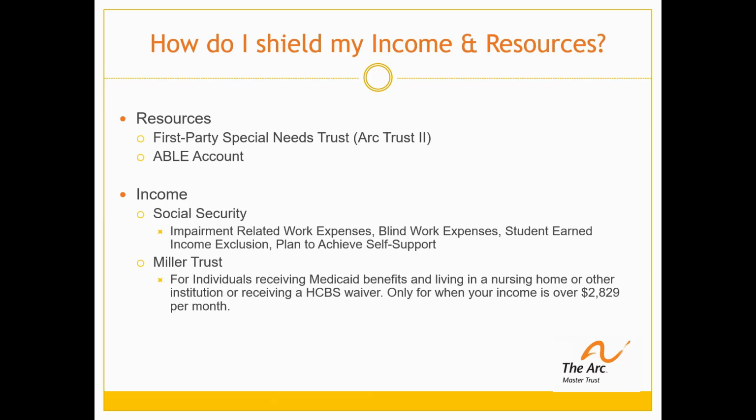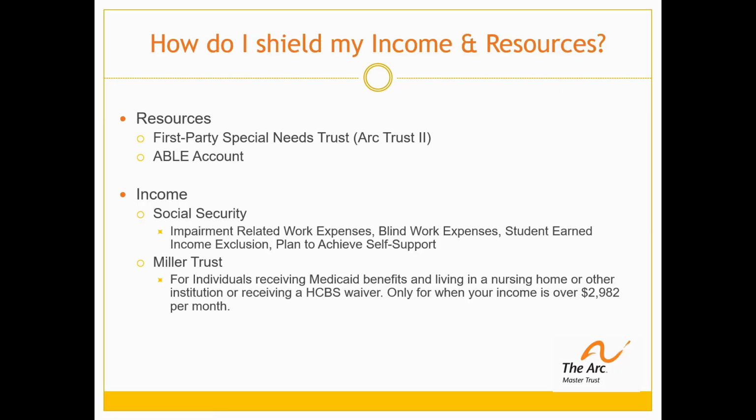To protect your income, there are, again, accommodations, expenses, and exclusions that can be factored into your gross wages to ensure that your countable income is below SGA. Some of these can include things like transportation, job coaches, or other supports. If you use accommodations or have expenses or exclusions that qualify, this can lower your countable income.